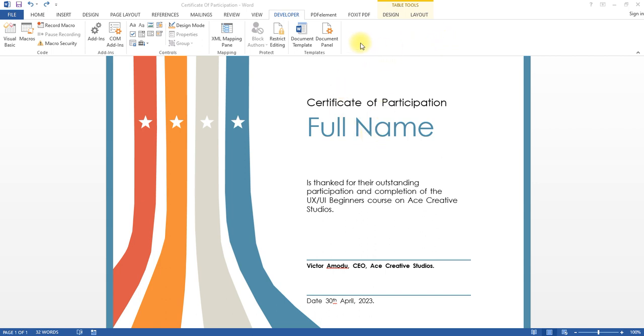So here's my certificate MS Word template. I've edited some text here, like the name of the course and the supposed finished completion date for the course. Then I went ahead to